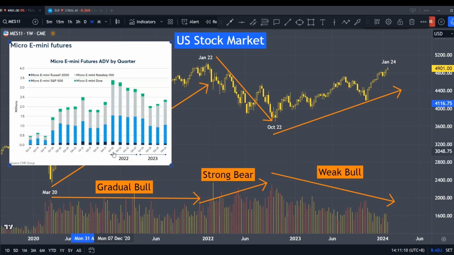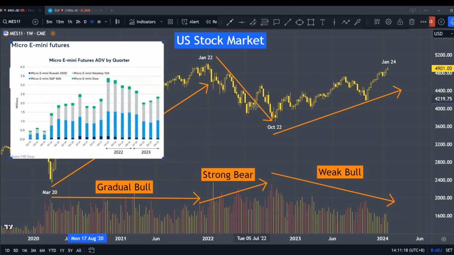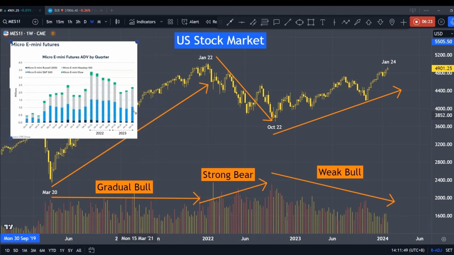So what I'm trying to point out to you here is that in 2022, as the market came down, the whole year volume picked up compared to the previous year. But with the rally into 2023, which is here, we could see that this whole block, which includes all these four indices, has dropped significantly compared to 2022. So it represents that it's not just the volume divergence in the S&P, but it also represents the rest of the indices as well.